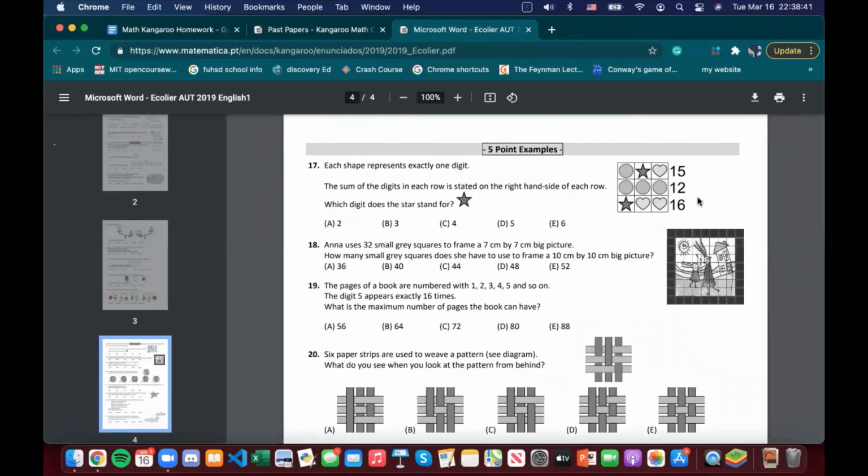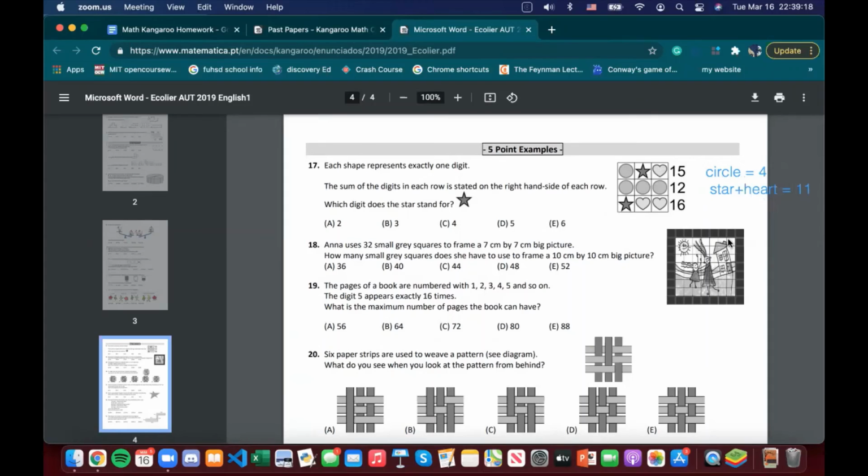Okay. So each shape represents exactly 1 digit. From this, we see circle, circle, circle is 12, which means that 3 times circle is 12. That's the easiest one to figure out. So circle is equal to 12. Then we have circle plus star plus heart is equal to 15. Oh wait, circle is not equal to 12, so circle is equal to 4. And we have circle plus star plus heart is equal to 15, which means star plus heart is equal to